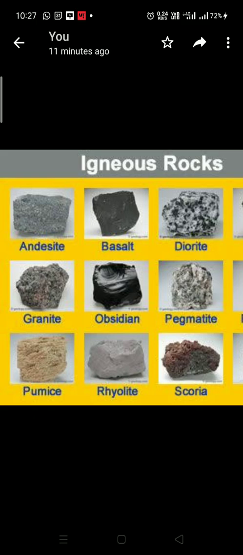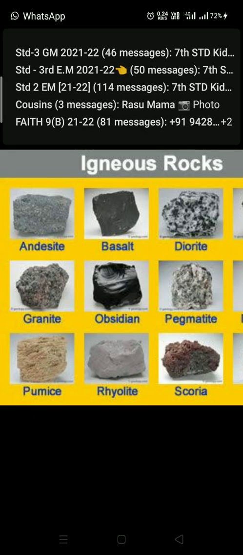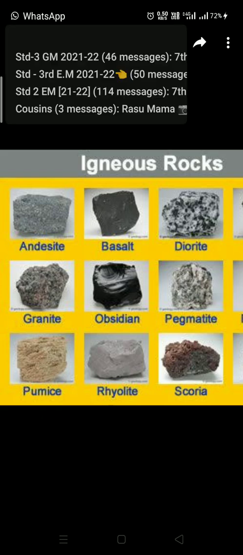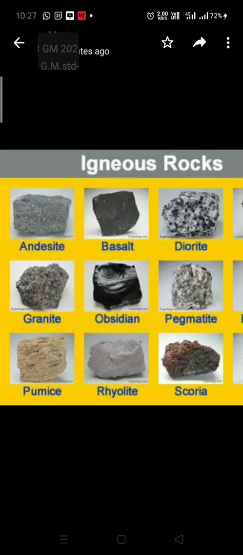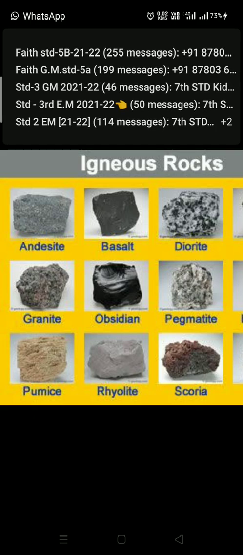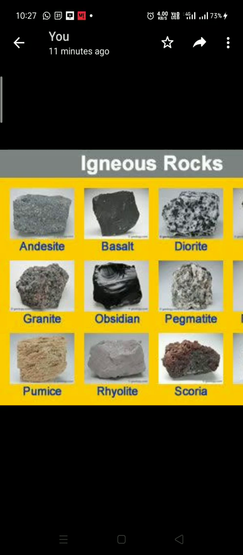Clear? Okay. Now kids, these igneous rocks which are formed on the outer surface, what happens to them because of water, rainfall, or heavy storms, winds and all? They move from one place to another. If they are on the mountain, they roll and come down. They go on rolling and break up into small pieces. These small fragments are called sediments. So these are the second type of rocks, called sedimentary rocks.